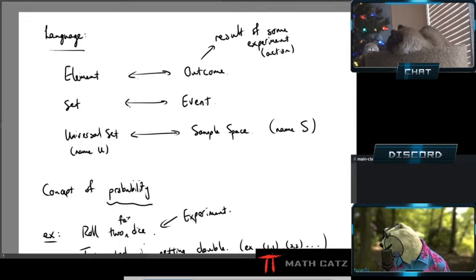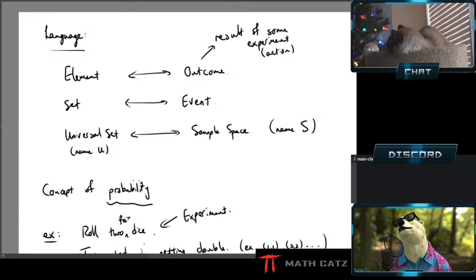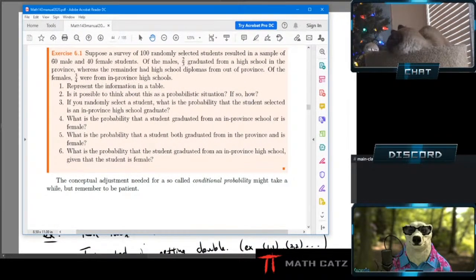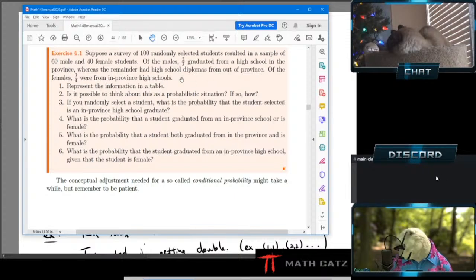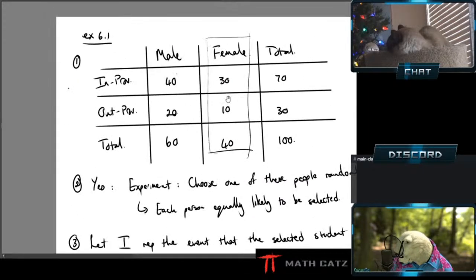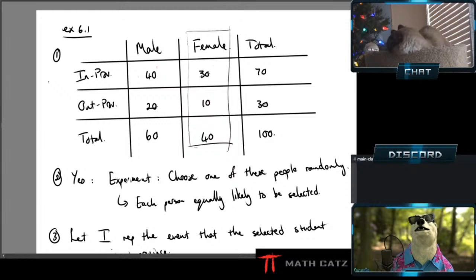We talked about exercise, what was the number? I should know this. 6.1, where we looked at 100 people. They had properties male or female, as well as graduating from in-province or out-of-province high schools. And with a table, we're able to